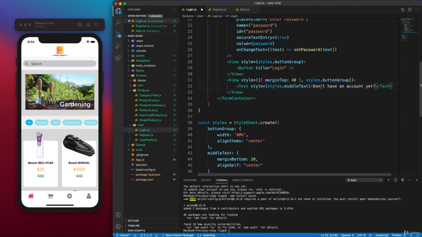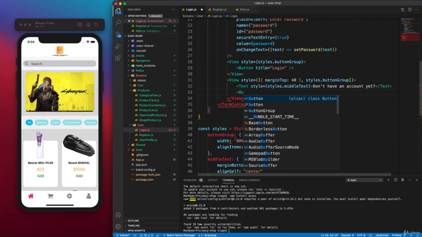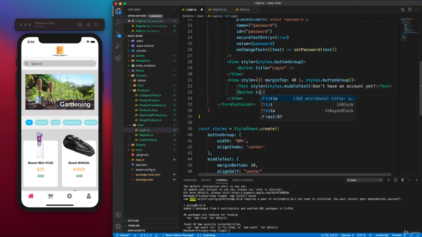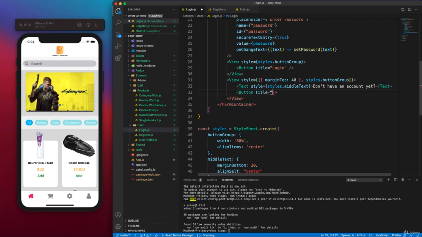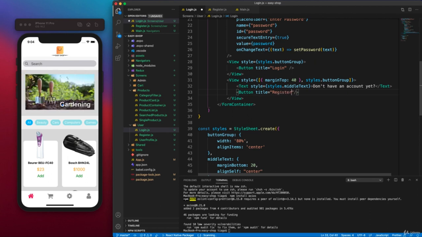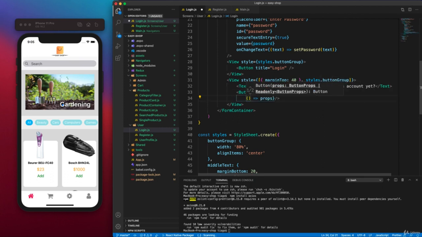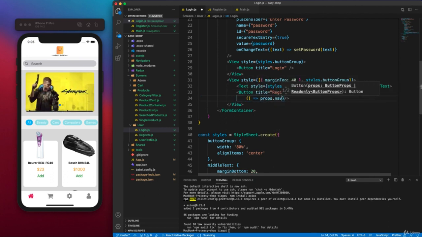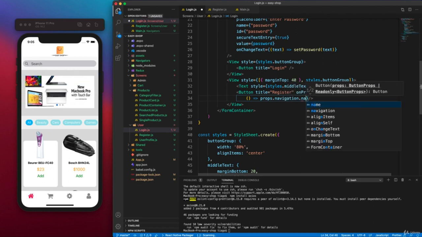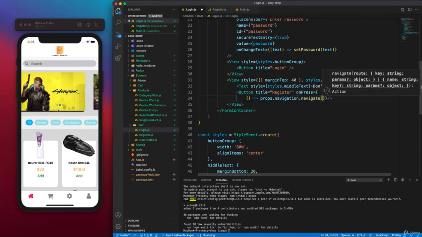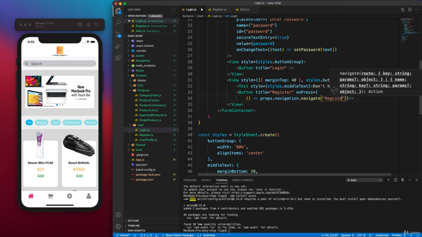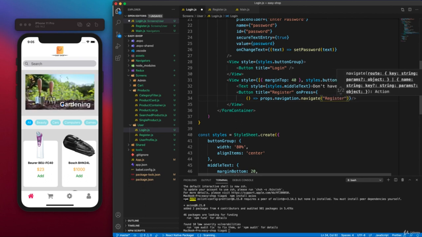So if you don't have an account yet, we will have now a button to navigate to registration. So button, give it a title of register, and also an on press event, so we can navigate to the registration page. So on press, props dot navigate, and this will navigate to register, so the page we created before as well. So register. Yes, now we can save